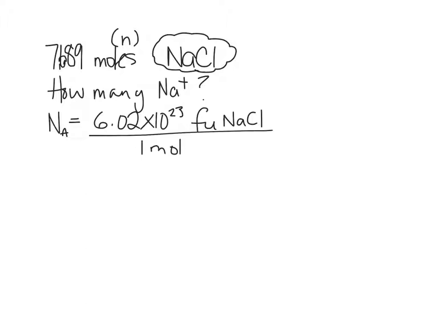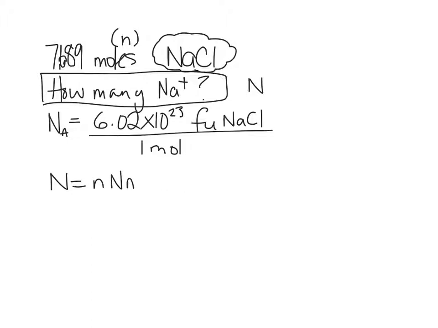All right. So we have now, is it always over 1 mole? Always. We have Avogadro's number, we have the number of moles. It wants how many sodiums. So we are essentially looking at a how many question. How many? We're looking for big N. So, 7.689